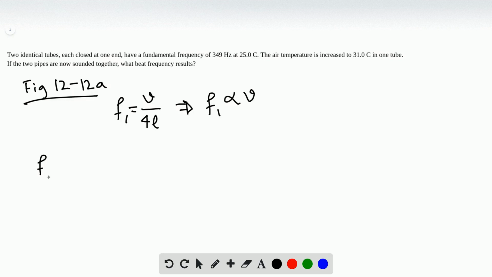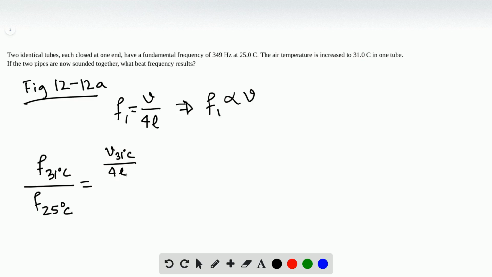The fundamental frequency at 31 degrees Celsius is something that we need to figure out. Frequency at 25 degrees Celsius is given, and then that's going to be our speed at, excuse me, 31 degrees Celsius